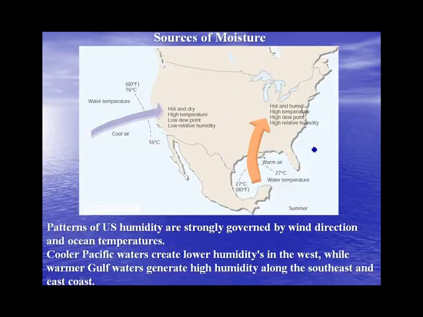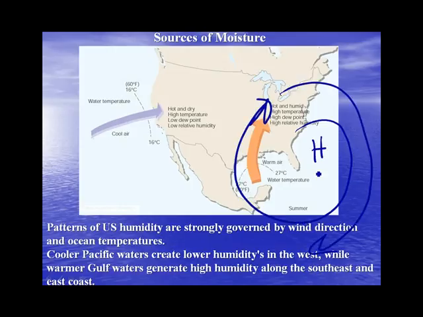Let me ask you this. Let's say we had high pressure sitting out off the coast of Florida. We know that winds are clockwise around high pressure. And so if you have high pressure sitting out here, you have winds coming in from the south, bringing this warm, moist air up. What if you have high pressure